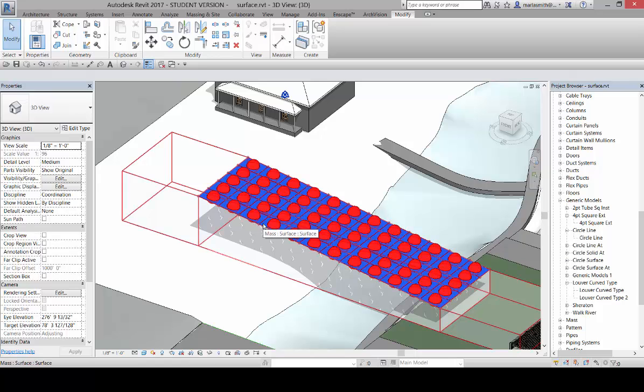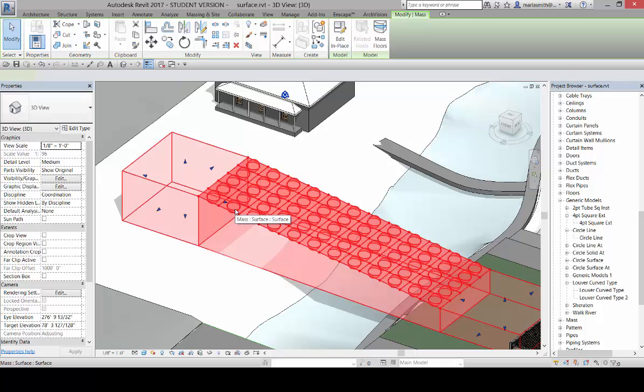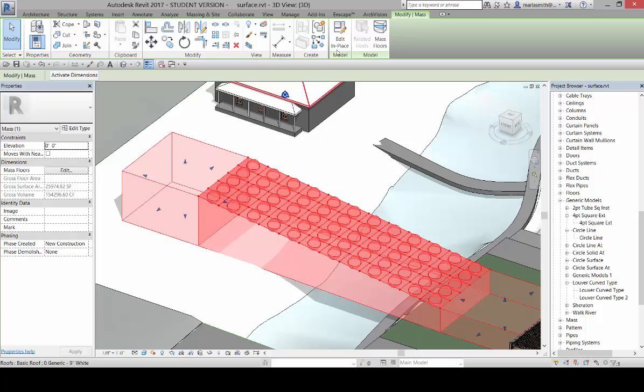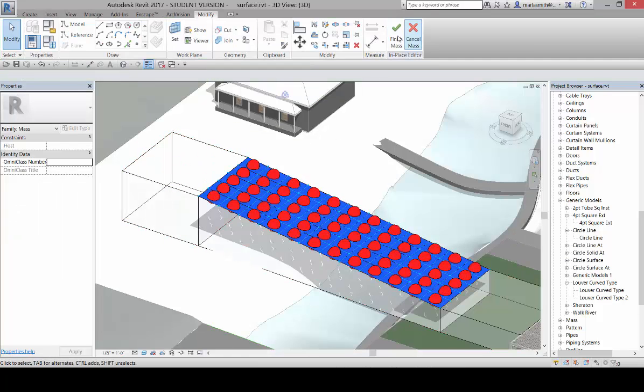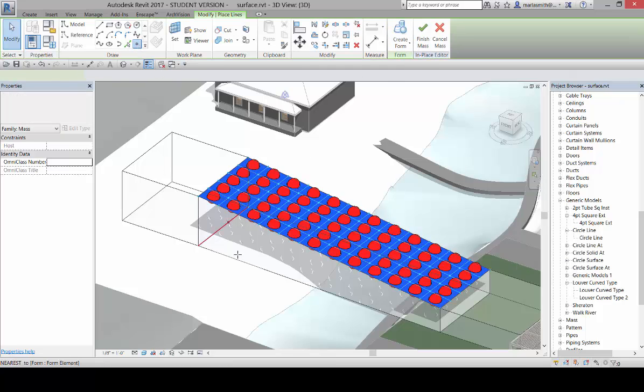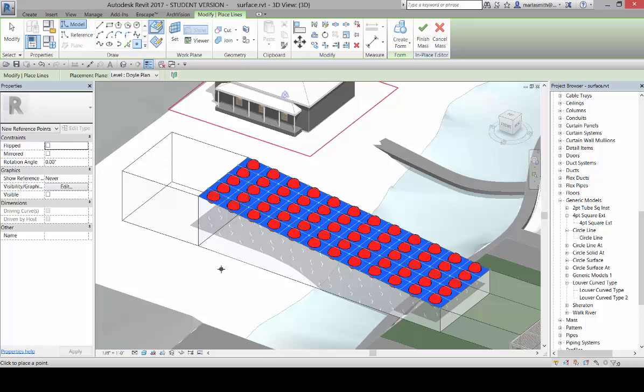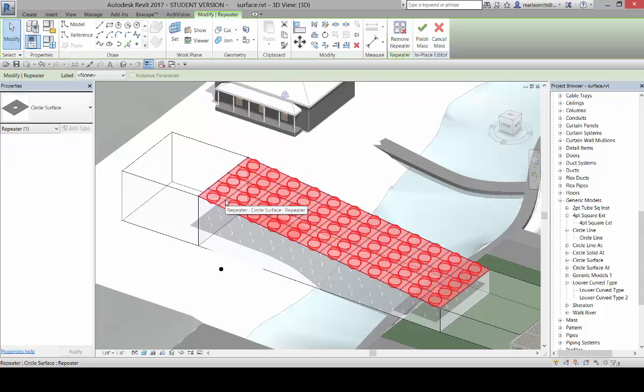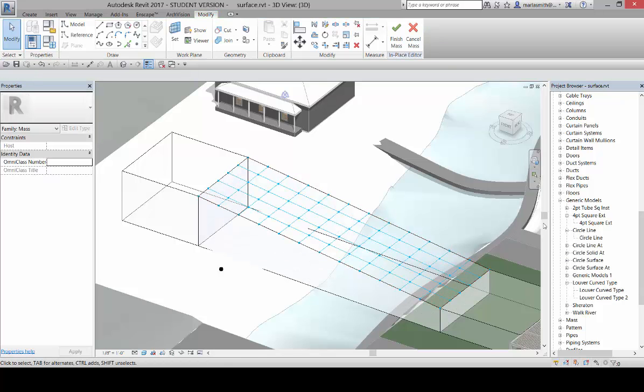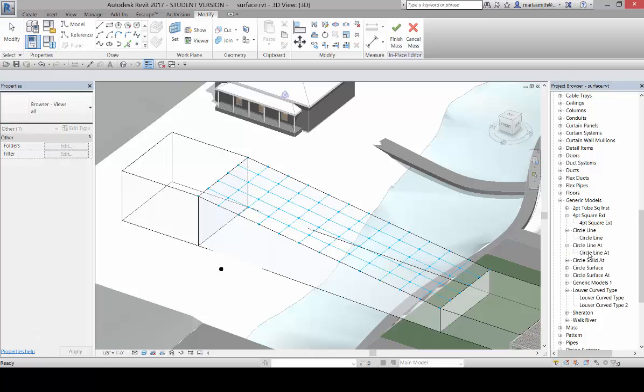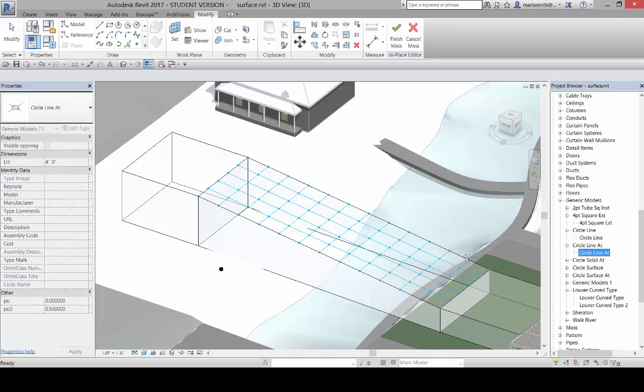Okay, so the first thing I'm going to do is pick this, and it's a Mast family in the project, so I'm going to go to Edit in Place. And that opens up the Mast family. You get the big check and the X. And I'm going to place a point for my Attractor here. Just place it kind of right there. And then I'm going to delete this particular family. And over here I have a circle line Attractor family. So if I come in and I drag this guy in,